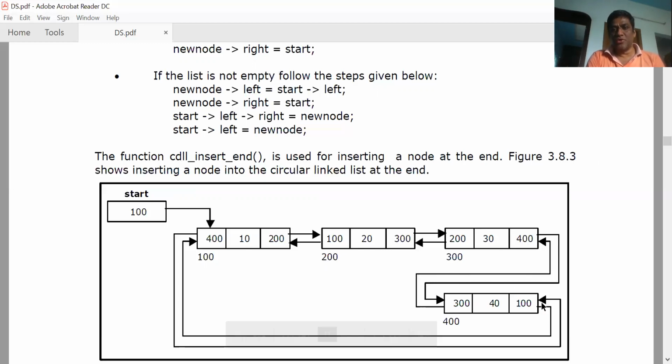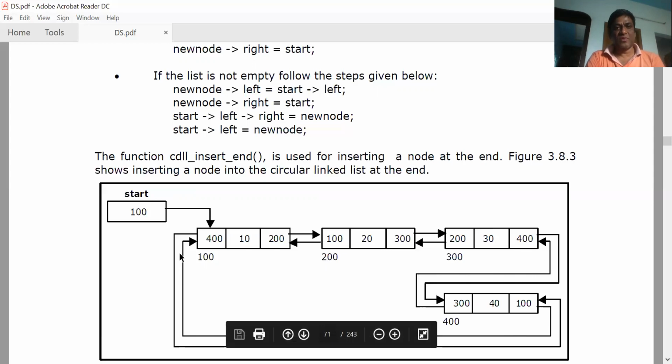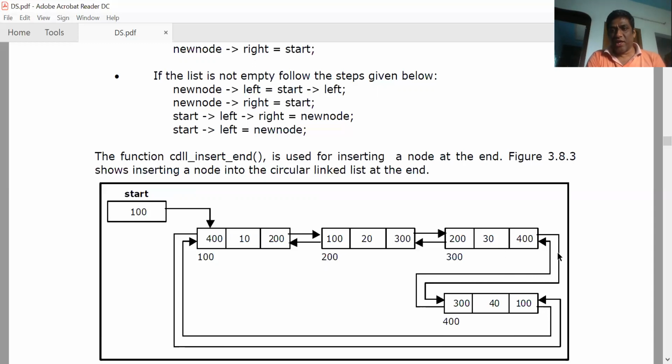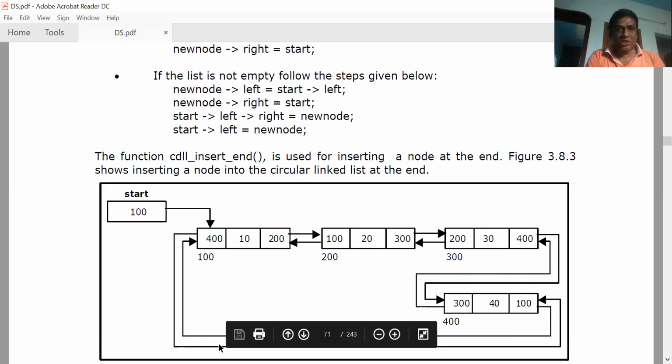Then new node's right is equal to start. It is pointing here. New node's right is equal to start. And start left is the last node. Start left right is equal to new node. So it is updated, right? These two links are updated, and one link from new node to start is updated.